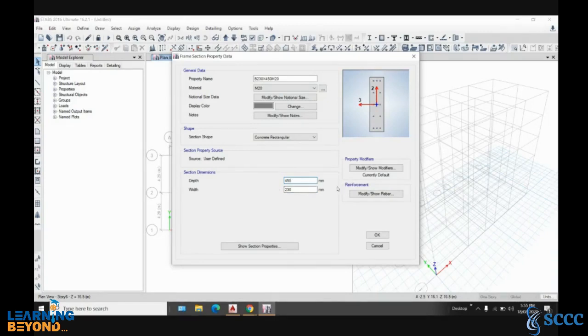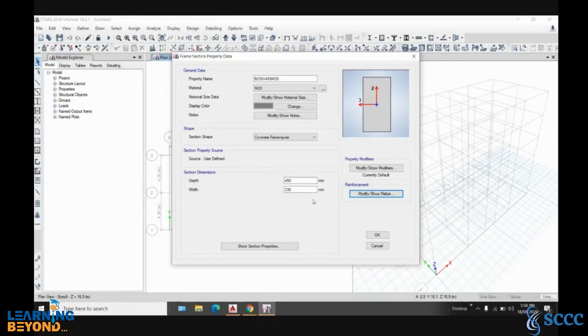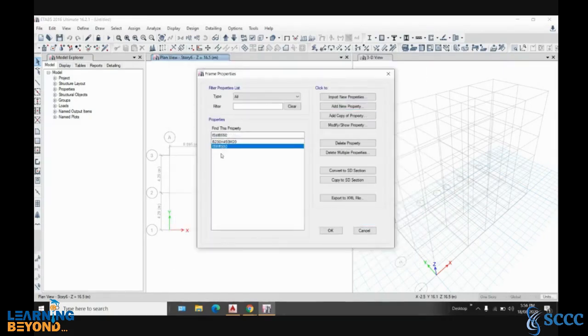we have to go back and click on modify, and here click on M3, then click on 25 and click on 25, then go to FE415 and keep it as 0 and click OK. Now this beam is defined, so click on OK. Now you can delete this because that also we do not need. So the one property is there.